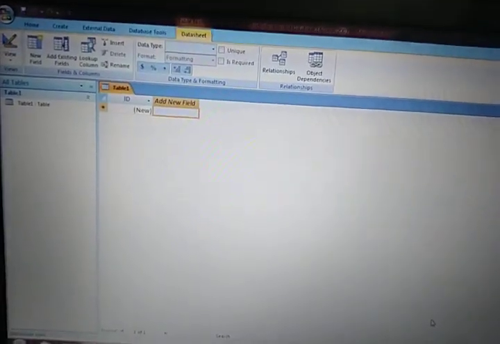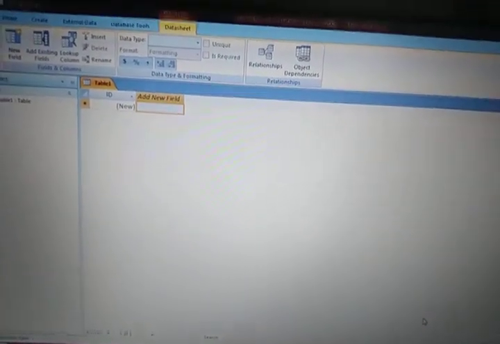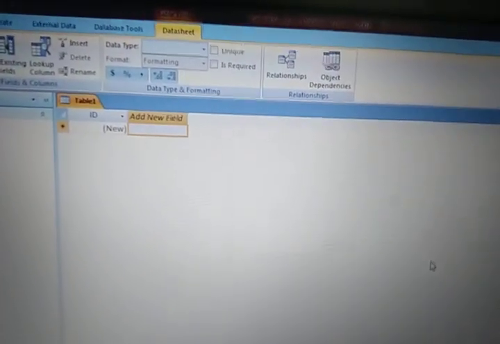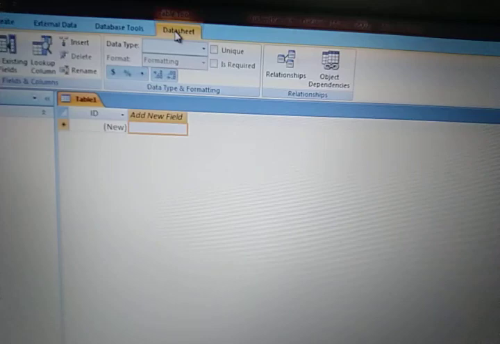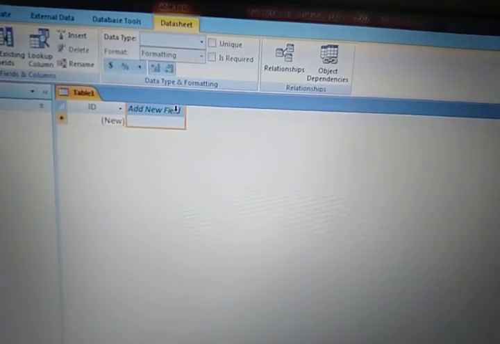Fine. Here you can see it is showing a table in which the first field is written ID and then the next field. And here, if you observe, Datasheet is written because we are going to create a table using the datasheet view.